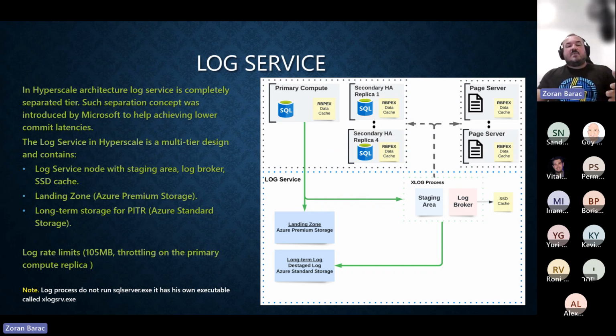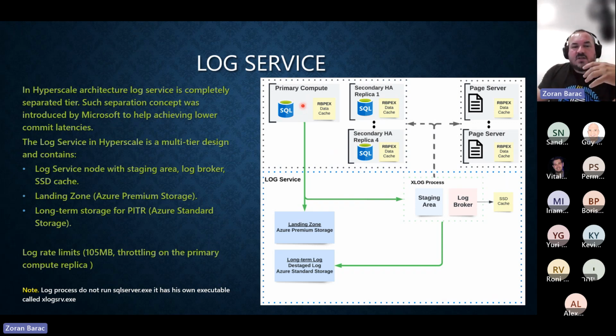So in the previous examples, when we talked about the traditional one, we said that if you have a DTU premium, or you have a vCore business critical, those are in full synced commit mode. So they need to talk with each other all the time. This is not how Hyperscale works.